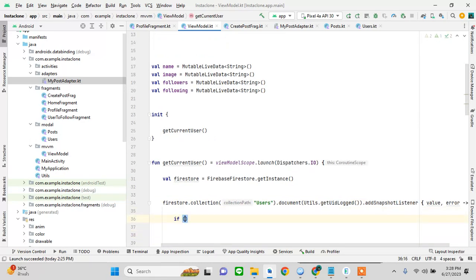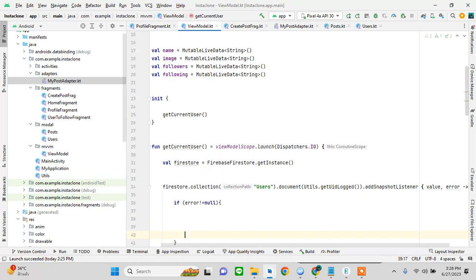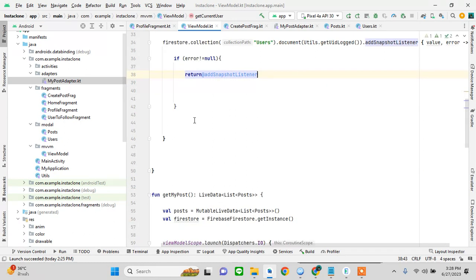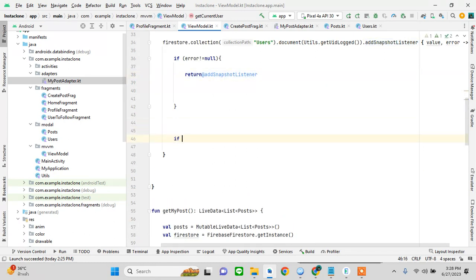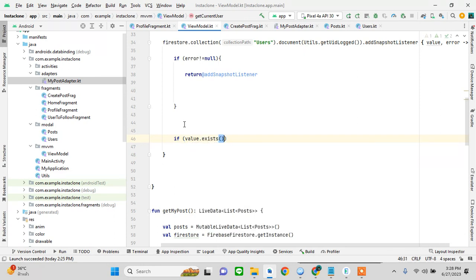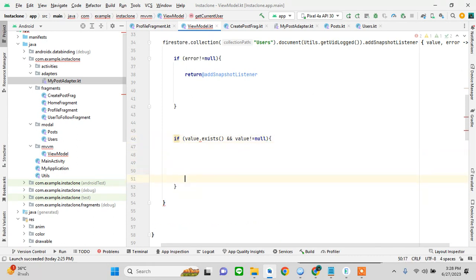If error is not null, if value exists and value is not null, then val user